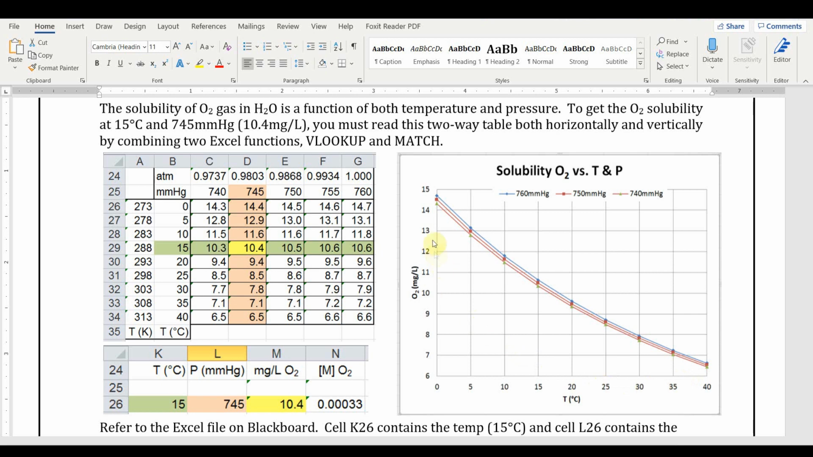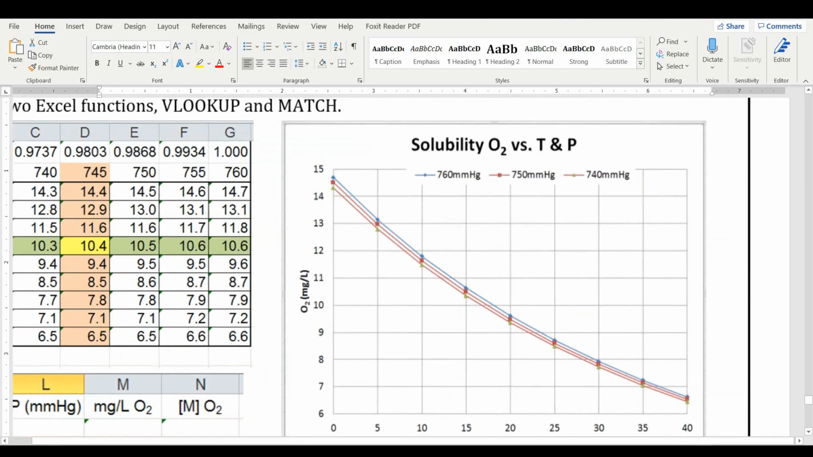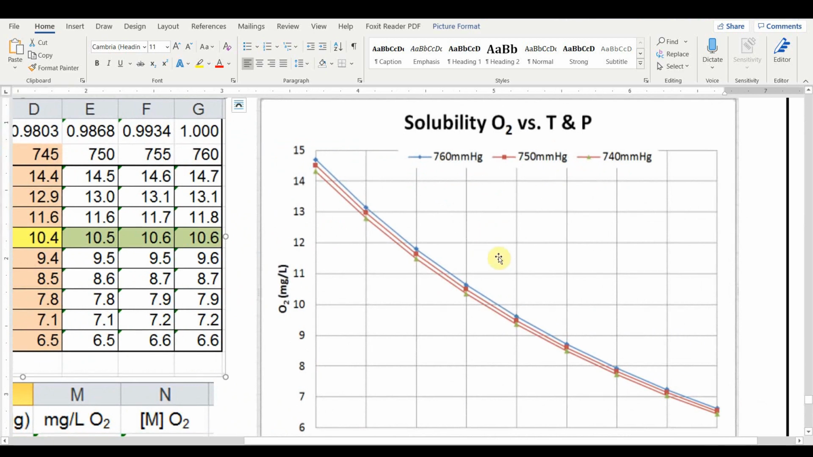And you can see that in all three curves, the solubility of oxygen decreases quite rapidly as temperature increases. Now, the three curves represent different pressures. The lower curve, which has the green triangular markers, is a pressure of 740 millimeters of mercury. And the curve above it, with the red square markers, is a little higher pressure, 750 millimeters of mercury, and